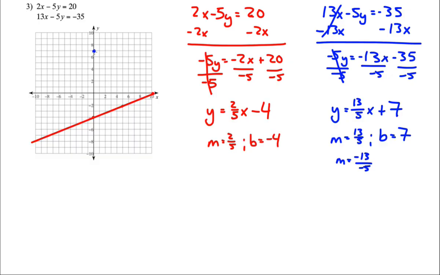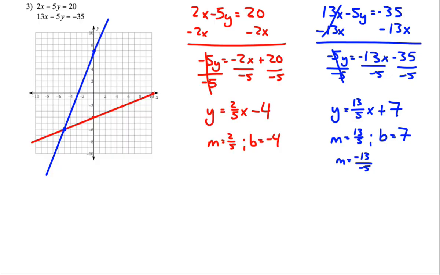So from here, I go down 13, so I'm at 7, and 6 more would be 13, and then over 5, 1, 2, 3, 4, 5, right there. And if I draw that line, it's going to look like this, from here down to there, or from here up to here,